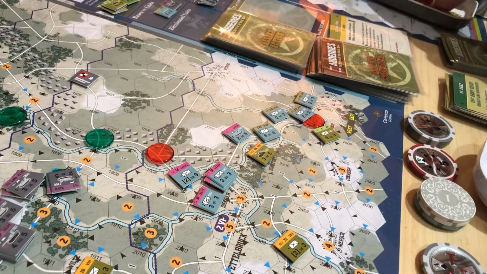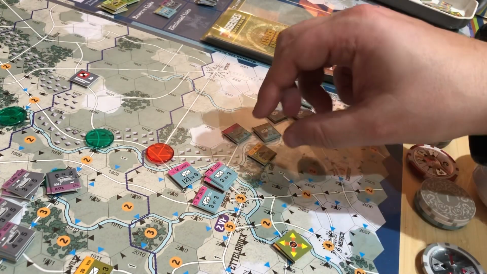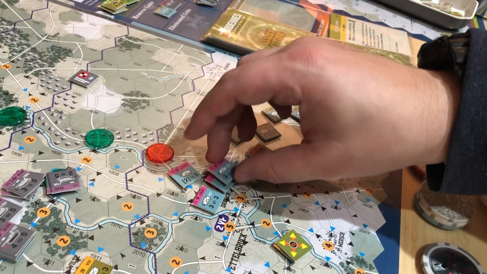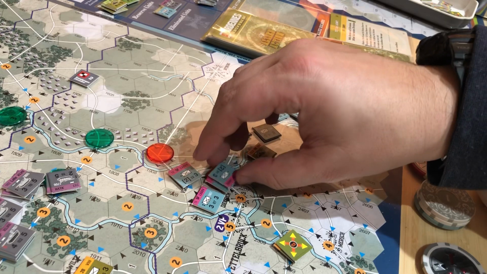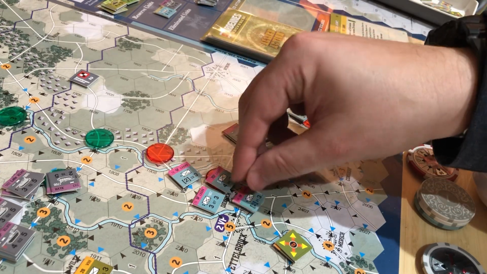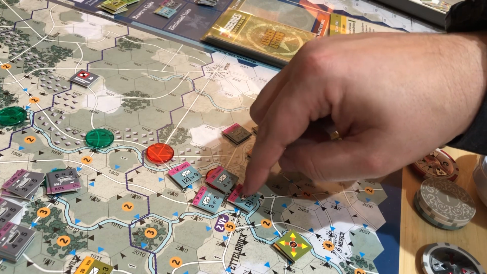Yeah, I was just checking a few things. So he's going to retreat twice and become dispersed. All right, so we got to take a hit with one of our units. So I'll go ahead and hit him. And I'll move him forward into the town because that allows us to...